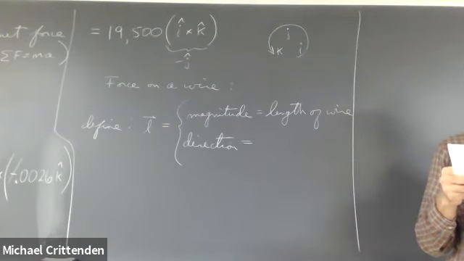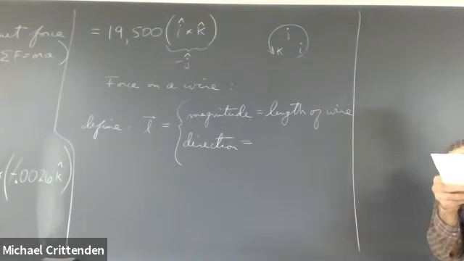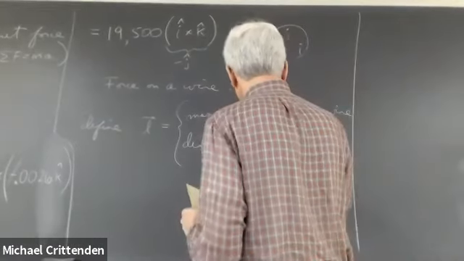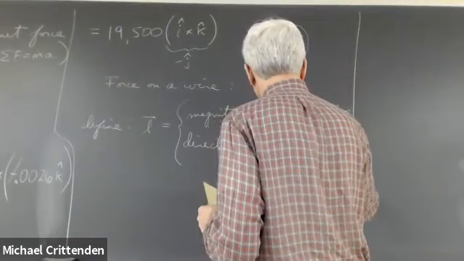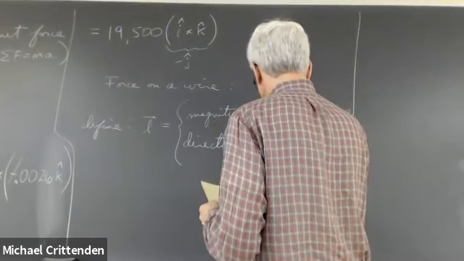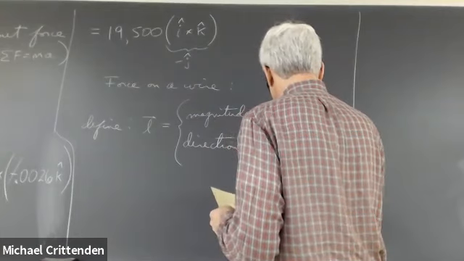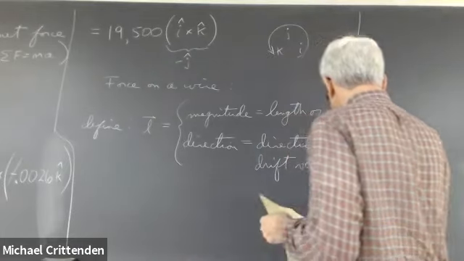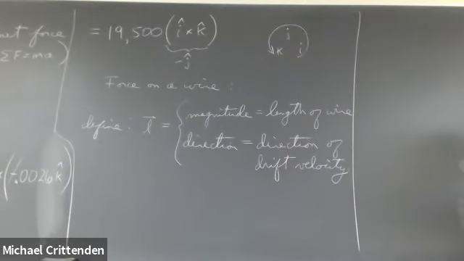Or maybe a better way to say it is the direction of the drift velocity of positive charges in there. In other words, the direction of the current, except